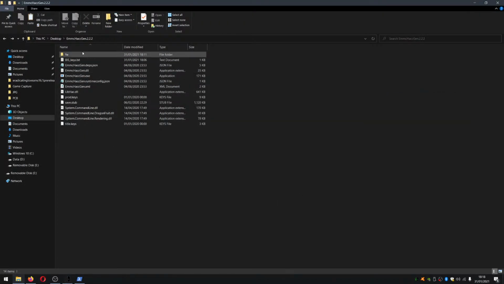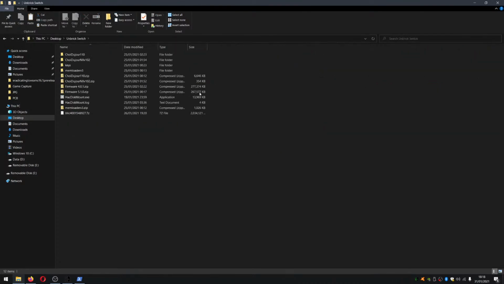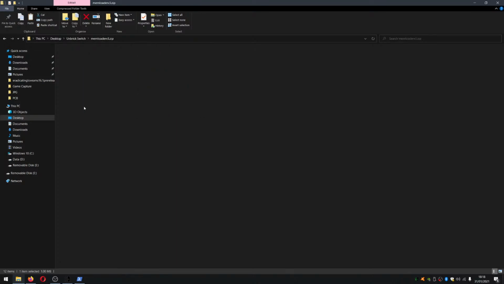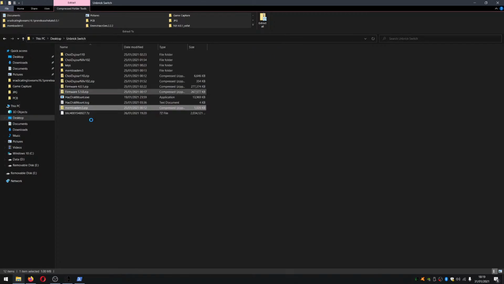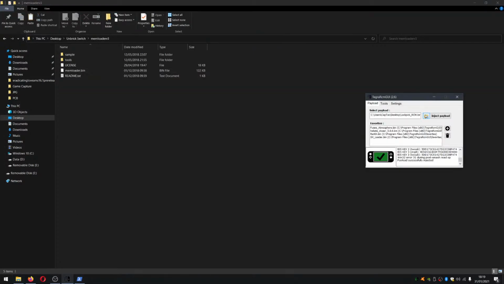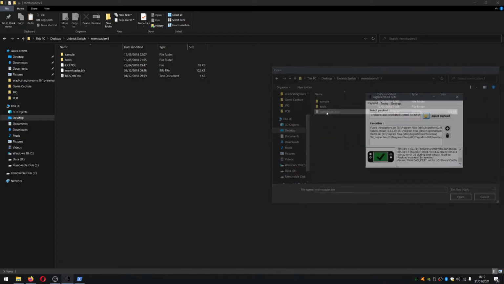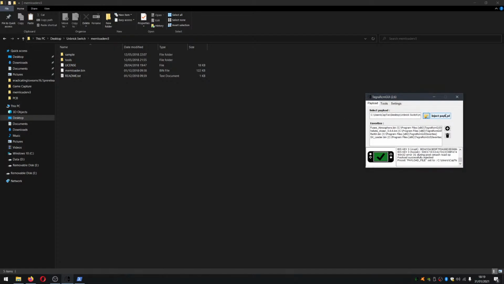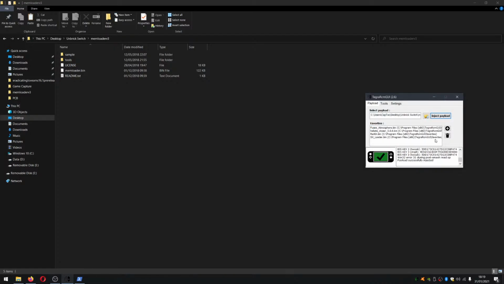Okay. Maybe I put, oh, I think I know where it is. I think it's in the unbrick switch directory. Memloader v3, that's what we need. We need this payload right here, memloader.bin. Yeah, okay, so we need to inject that. So we go over to my unbrick switch directory, memloader v3, and we want the memloader bin. We want to inject that. Yes, I'm sure I want to inject that. Great. And then if we flip back over to the camera view,